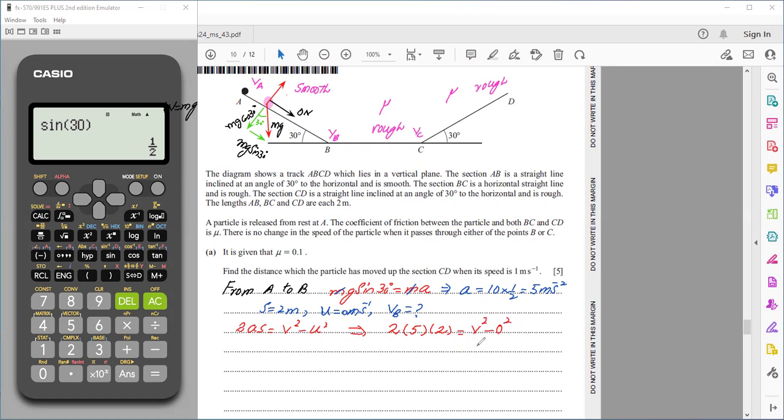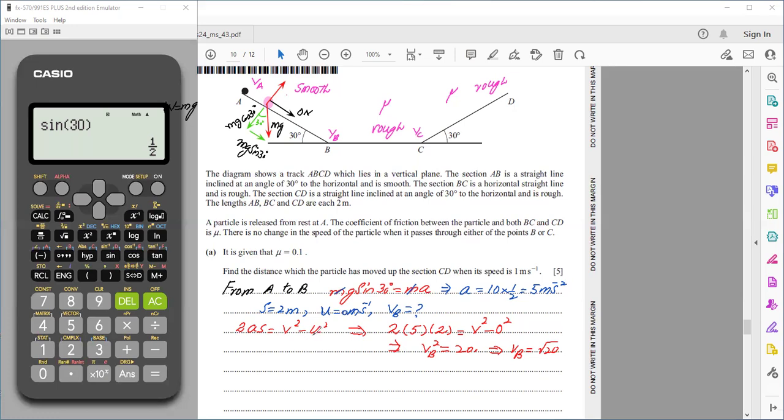So in this case, the answer of v square, that is v at point B, becomes 20, if I'm not wrong. And what's the answer of vB? That will become the square root of 20 meter per second. That is the first part of the question. Now the second one is,